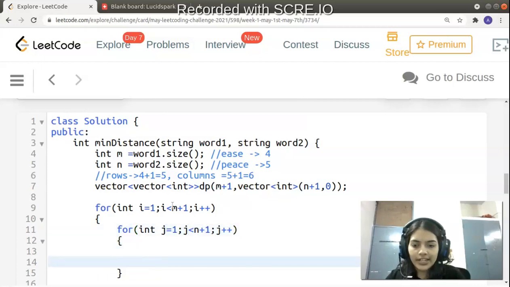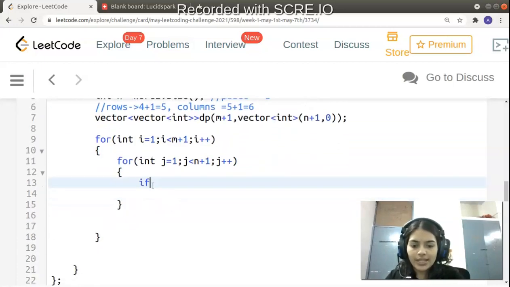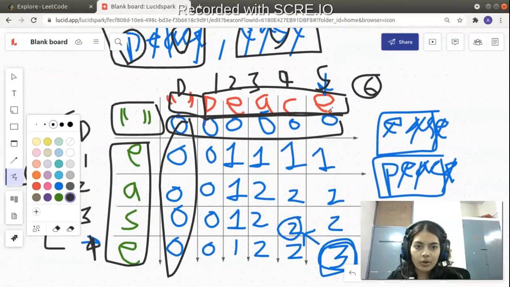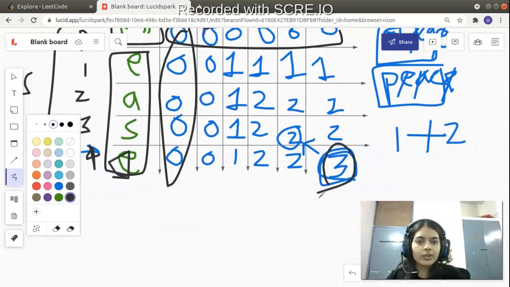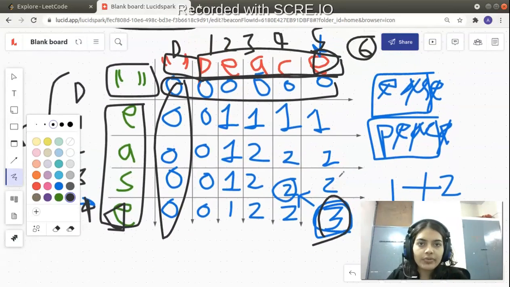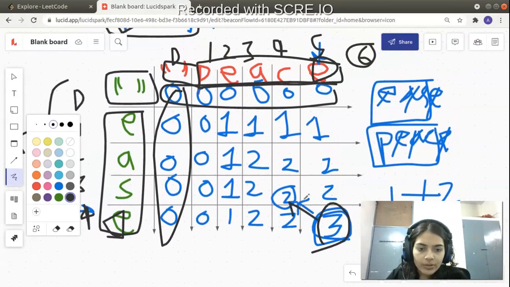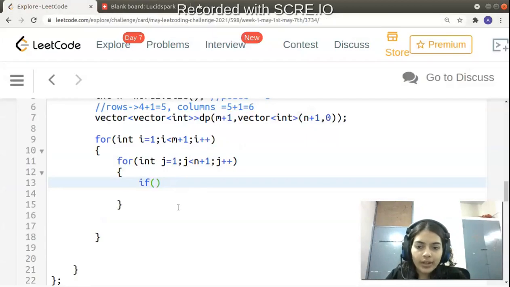Okay, now let's write the important part of the code here. So what were we doing? We were just checking if our characters are the same or not. Okay, so let's say in this particular example, the last example, you see e and e are the same, right? So what did we do? We know that we have to add 1 because we found a character that is the same, and we have to look at the diagonal left box. So we have to take that value from there.